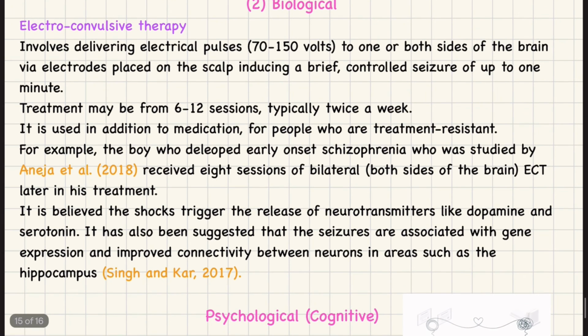It is an effective treatment. However, little research has been done on electroconvulsive therapy, and it has its ethical issues because patients are sometimes harmed during the electroconvulsive therapy, and that can result in even broken bones.